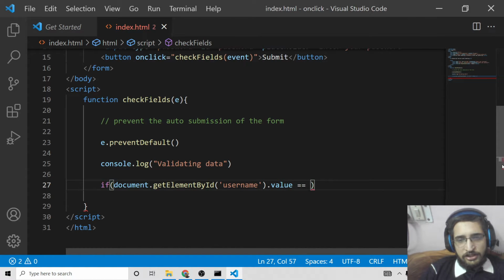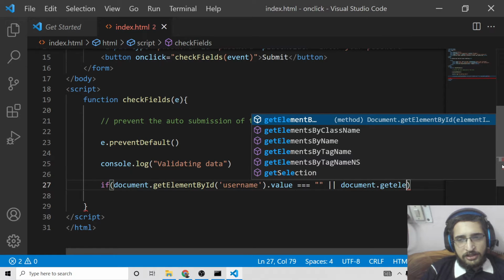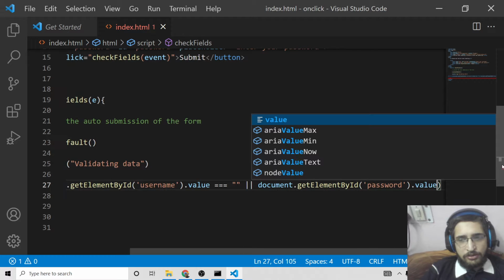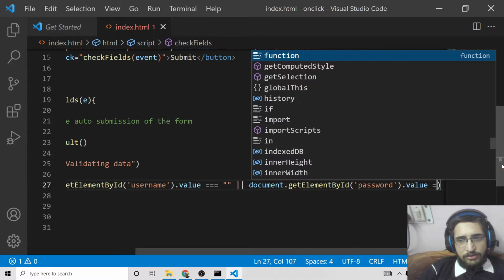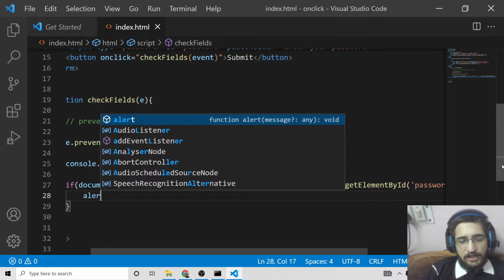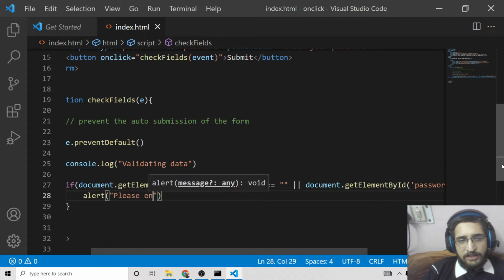If it is triple equal to null, or in either case, if the password is also null, so document.getElementById password, and its value is also null. In either of these cases, we will alert the user to please enter all the fields.